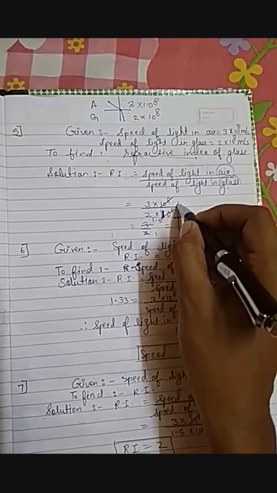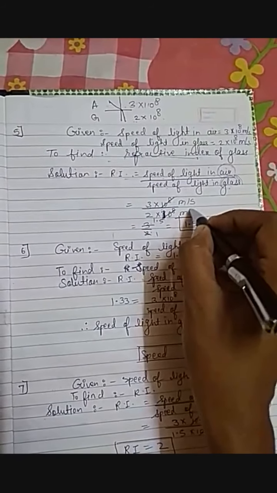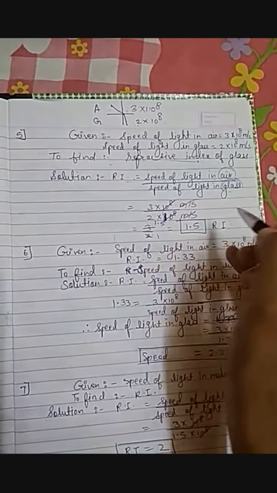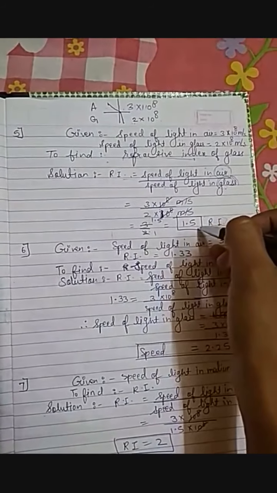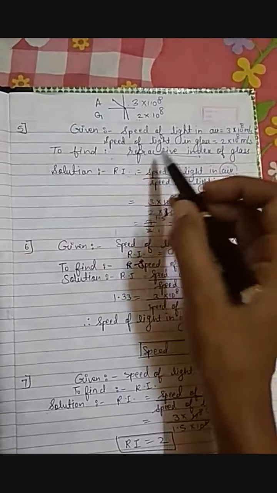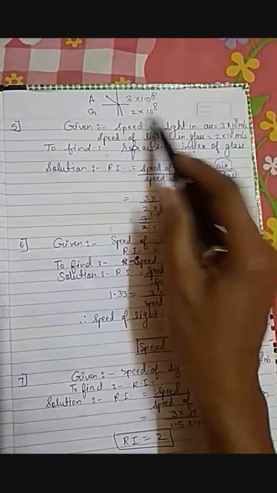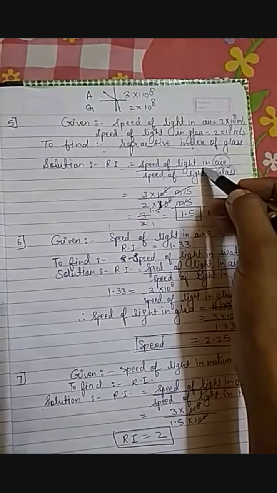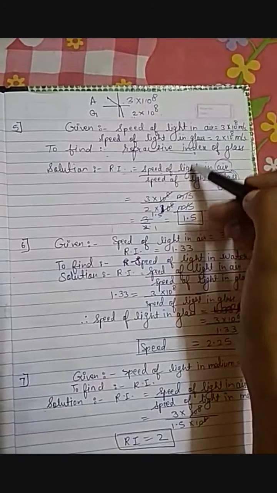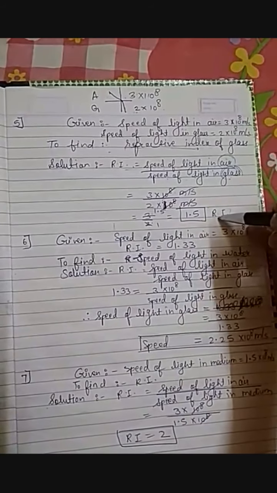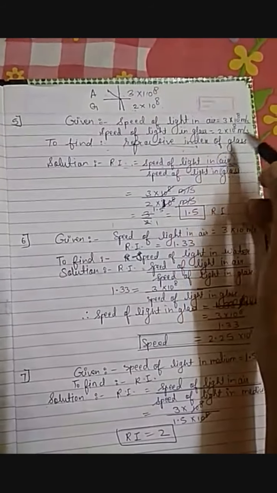Refractive index has no unit because ये मीटर पर सेकेंड था, ये भी मीटर पर सेकेंड है, तो ये units भी कट हो जाते हैं. It is a ratio of the same quantity, similar quantity. Therefore refractive index will not have any unit. So please remember the formula and understand the numerical. And refractive index has no unit. Speed of light का unit होता है मीटर पर सेकेंड, but refractive index is the ratio of same quantities, therefore it has no unit. So 1.5 is the refractive index of glass.